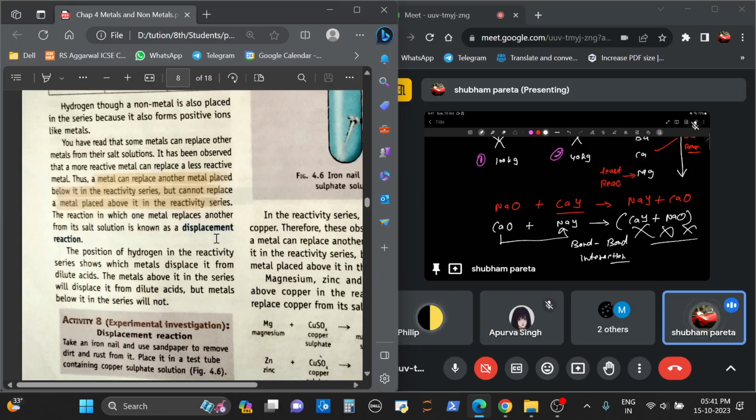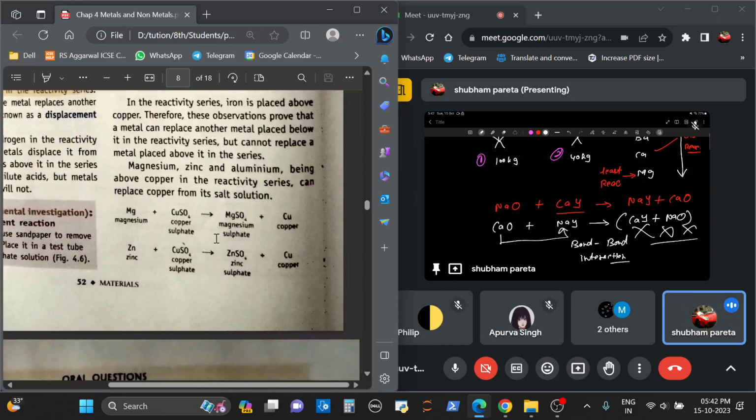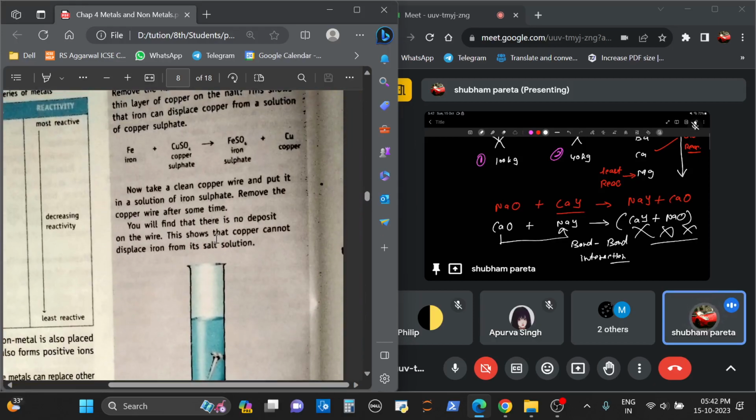Yes, sir. One metal is replaced by another metal on the basis of the reactivity series only, and this is known as a displacement reaction or a double displacement reaction over here. Okay, some of the double displacement and displacement reactions I will tell you. For example,